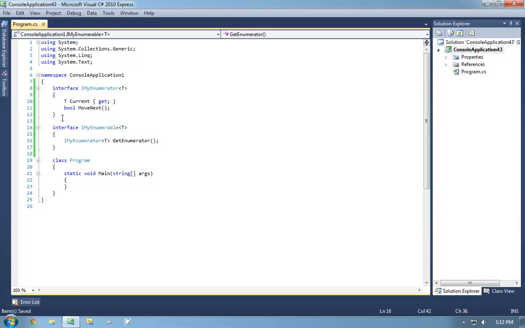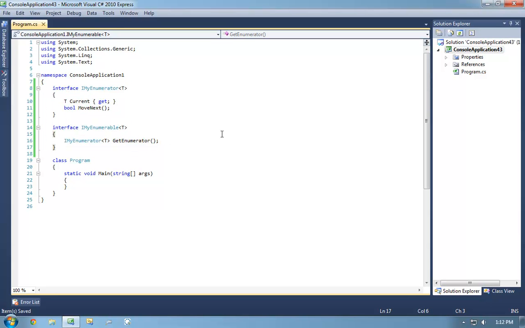These are the core members, the most important members of these two interfaces that are tightly connected. We have IEnumerables and IEnumerators. And an IEnumerator represents a pointer, or not a pointer, but a current, it represents two things, the current item we're looking at and a mechanism for moving to the next item. And that's all it is.